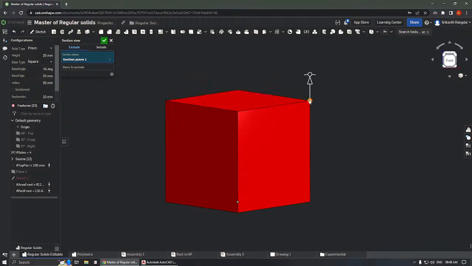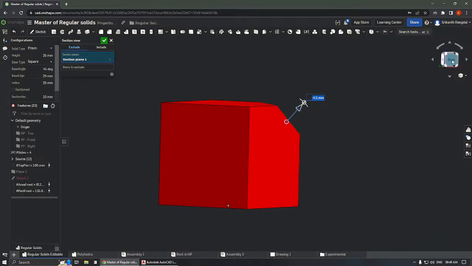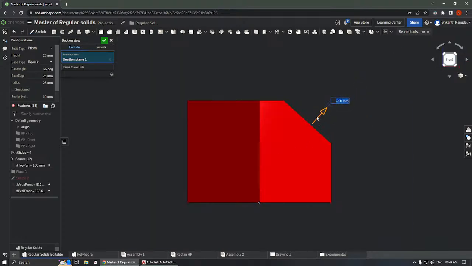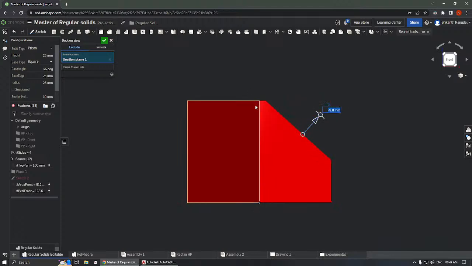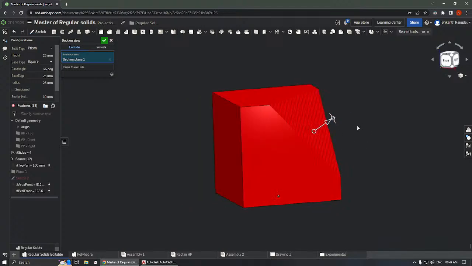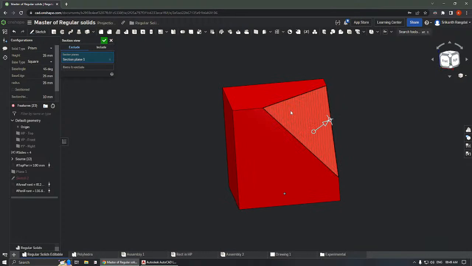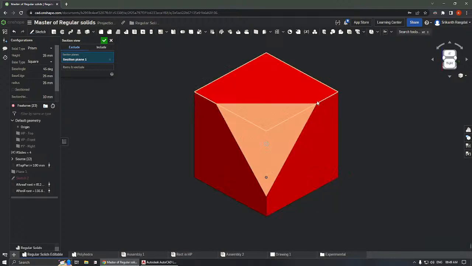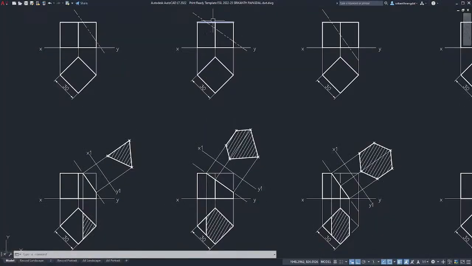Alright, so now the section starts. You can see that no matter at what point I take this section, from this point all the way till it doesn't cross in this particular place, for all these positions the true shape is always going to be an isosceles triangle. So that's what we have drawn over here. Then as soon as it crosses these edges,